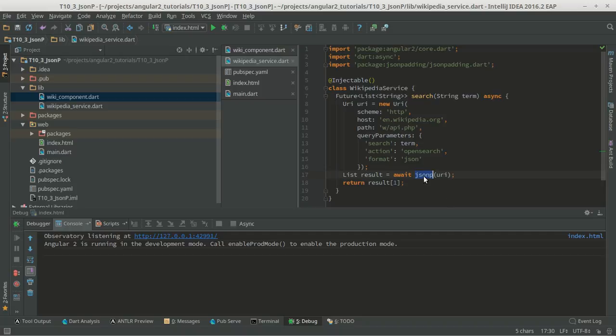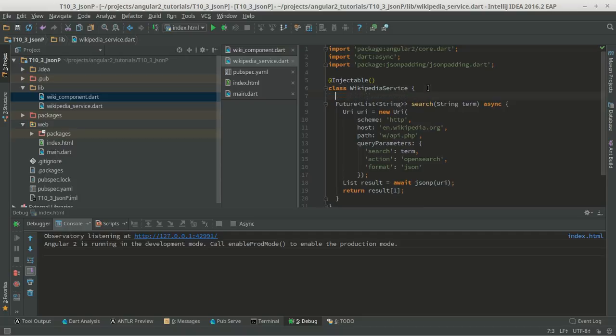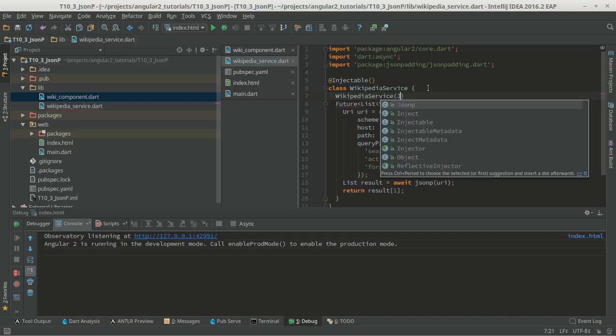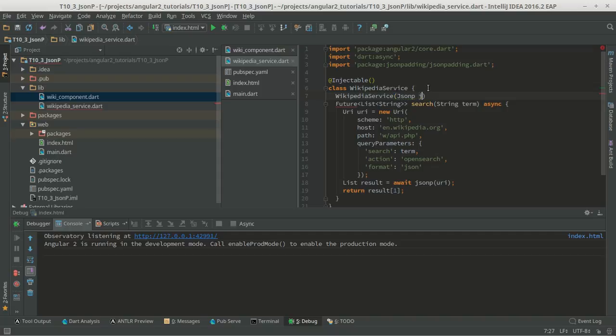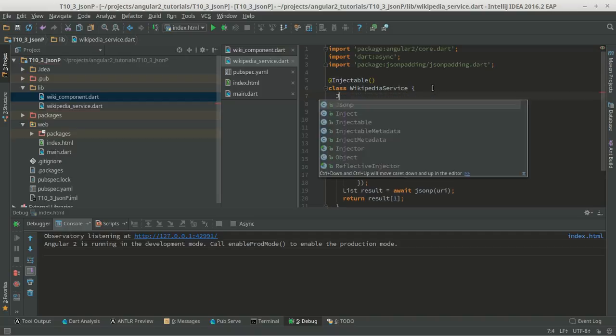I don't like to do this in here, so the best way should be using an injector. We inject this class, the Wikipedia service. Then we need to inject the JsonP, and then we just inject it here. In fact, we need to create a private variable, so we do this dot, and this as a final, and then here JsonP,